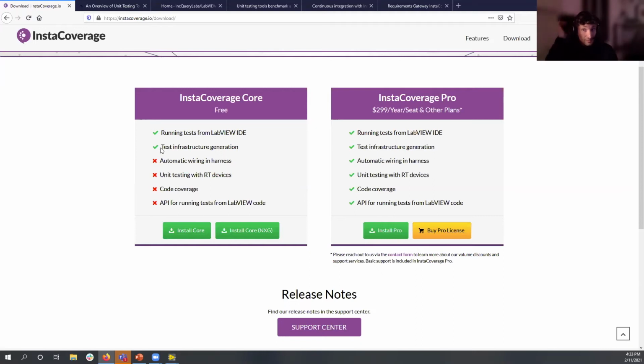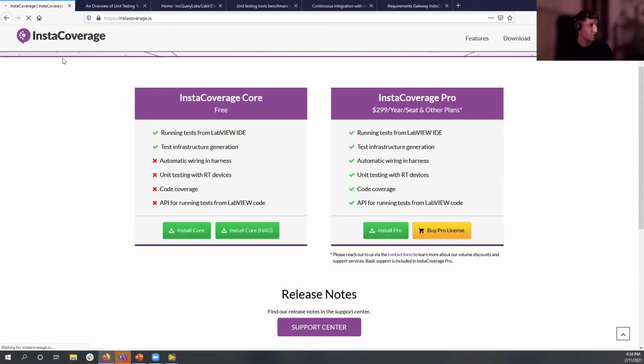It does not support code coverage measurement, and it does not support an API. On the other hand, InstaCoverage Pro supports all these, but it's not free. It's basically $300 per seat per year. But this is not a marketing presentation, so I will stop here and I go back